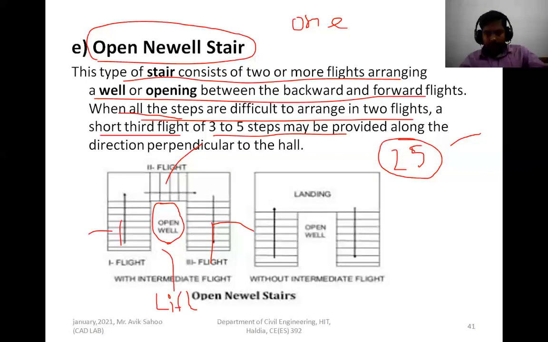So you see that we are using the lift as well as the stair. Both stair and lift are used simultaneously. Generally in a G+4 building or G+5 building, this type of stair is preferred because we are getting a space between the flights, and in this space the lifts are installed.